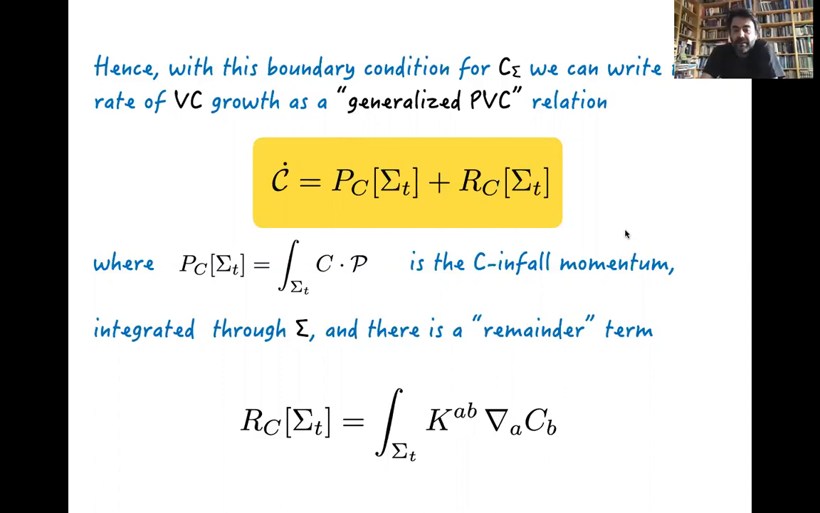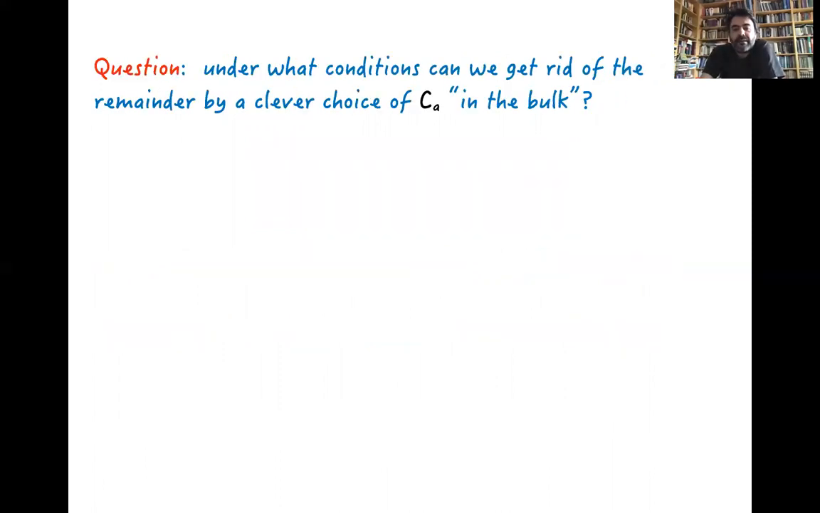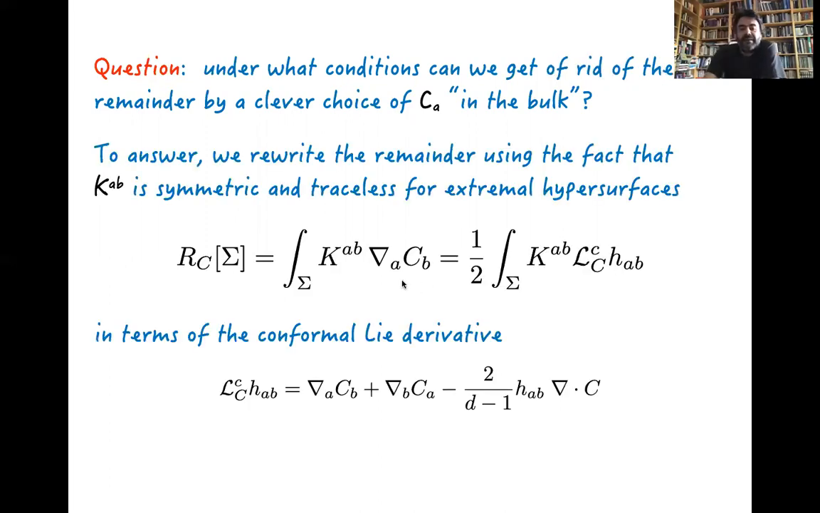Okay, so the question is, we have fixed the form of C asymptotically, but we can still choose C in the bulk. So can we get rid of the remainder by a clever choice of C? And here there is something very easy to notice: the remainder, because K is symmetric and traceless, because sigma is